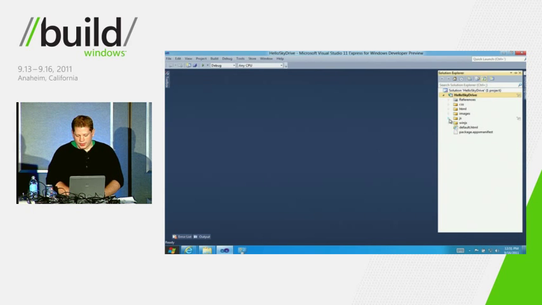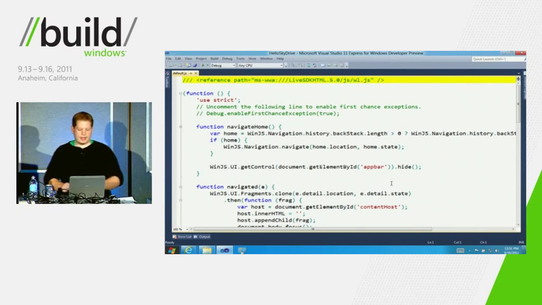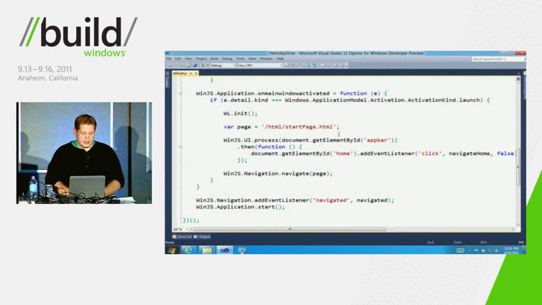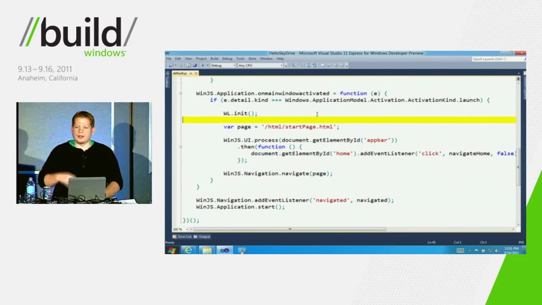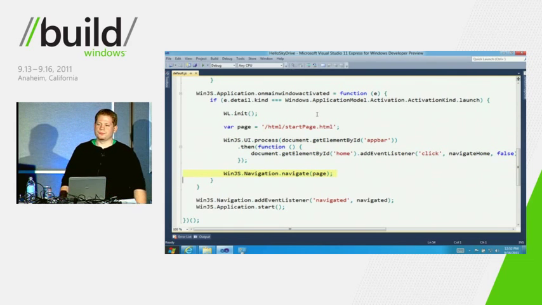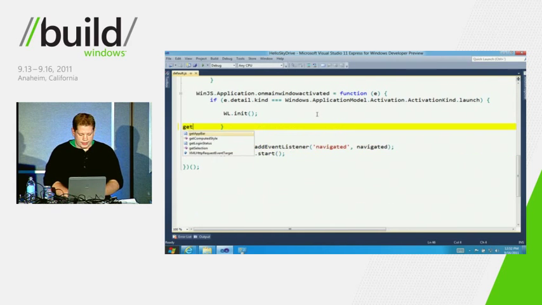And so to do that, I'm going to go ahead in the main script file, default.js, that got added. And you can see here, all that I'm doing right now is you've got the corresponding wl.init call that I showed earlier, but then separately I'm specifying startpage.html, and that's the page that we initially navigate to. And so this is the page you just saw. I'm going to go ahead and replace this code with a